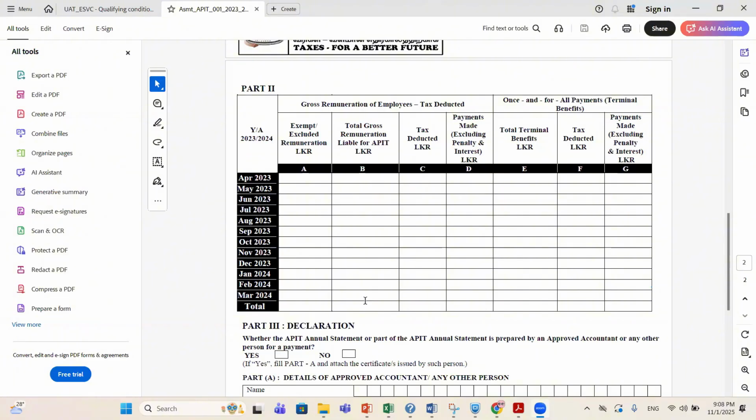And transport allowance, let me check whether there's any exemption for the transport allowance for government officers. But the non-cash benefit value is to be calculated according to this particular gazette notification.